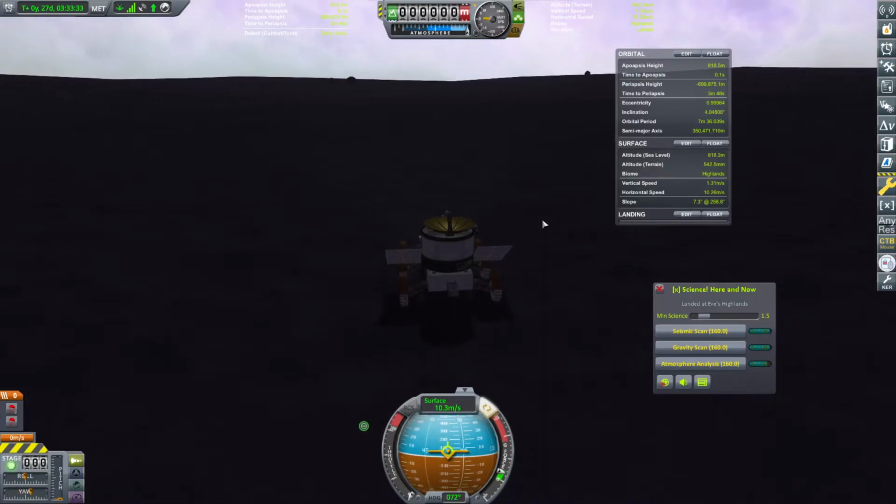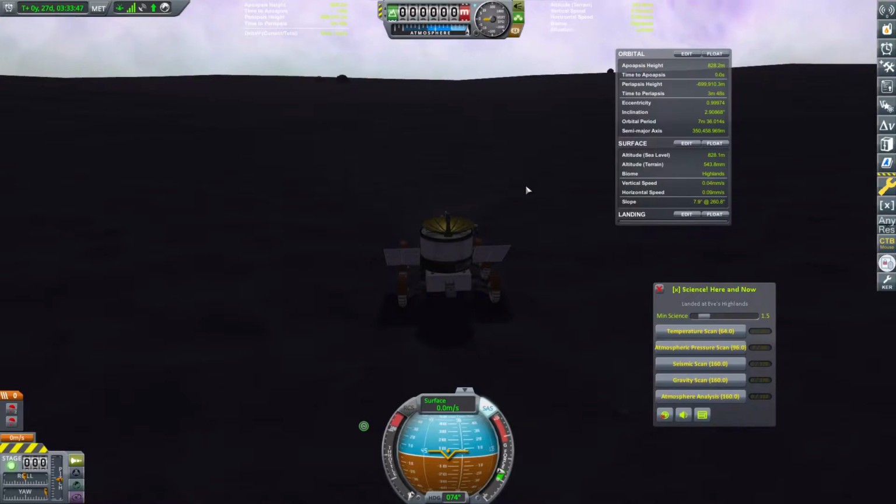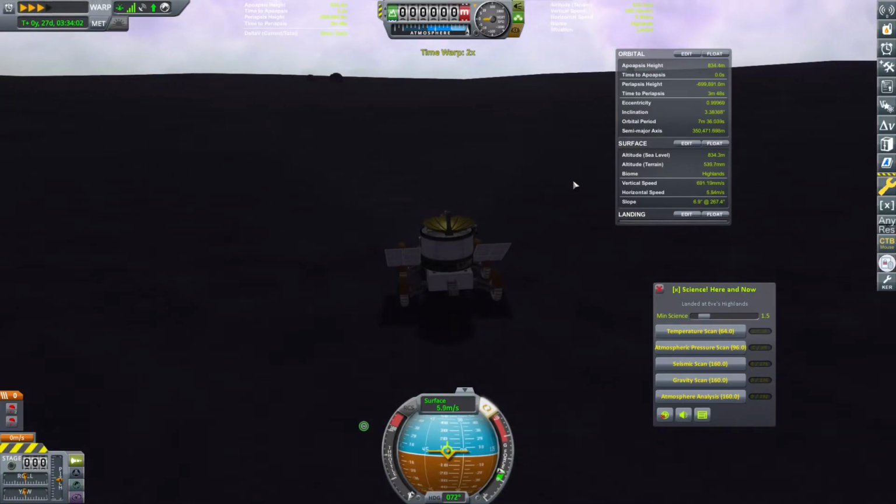Now, I would normally want to physics warp this. There's a big possibility of issues with the physics, so I'm actually going to toggle our brakes action group, come to a complete stop. I'm going to quick save here just in case we have a physics bug. All of these are Highlands. We should have that science already. Okay, so just in case of a physics bug, and then let's... Now that we're far enough away from the ascent module that I think shouldn't be loaded, let's go ahead and...